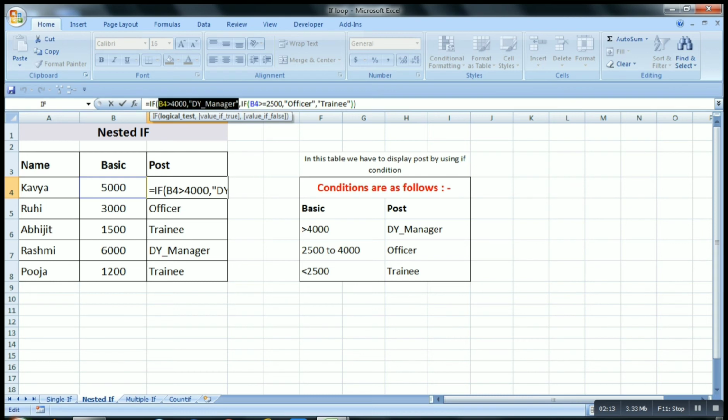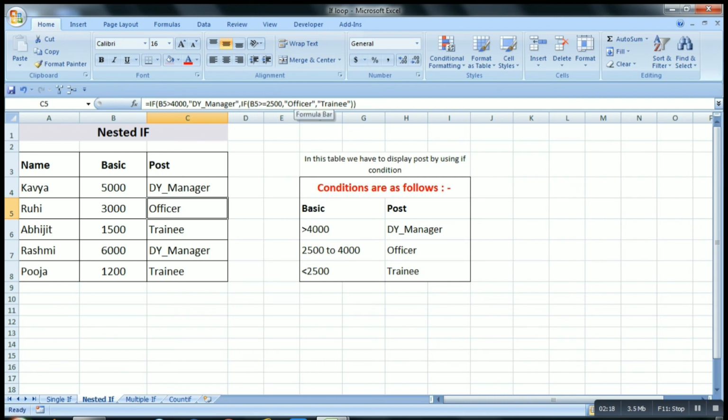But for the second one, we have to check the second IF, that is, B5 is greater than or equal to 2500. If it is so, then officer, otherwise trainee. This is what a nested IF is.